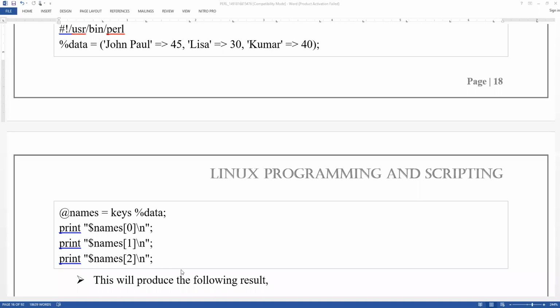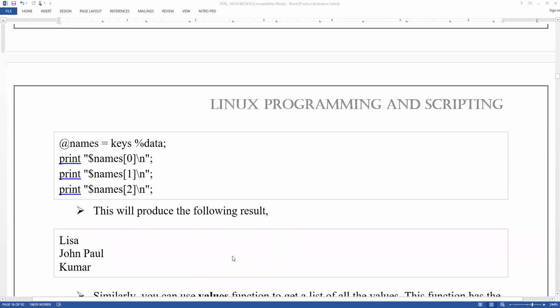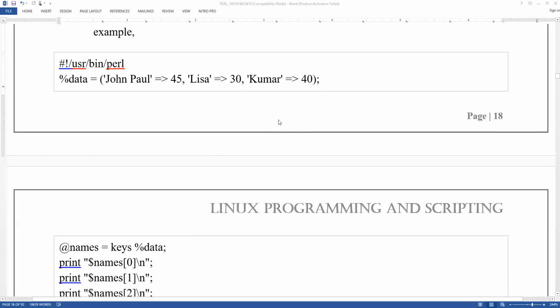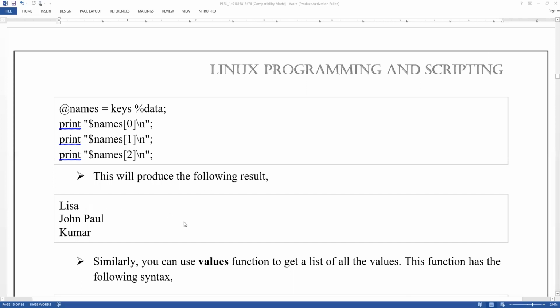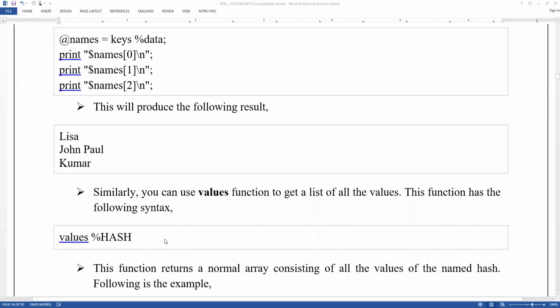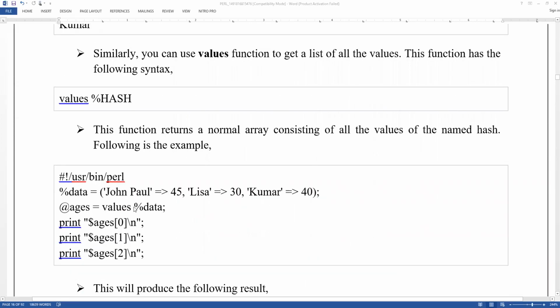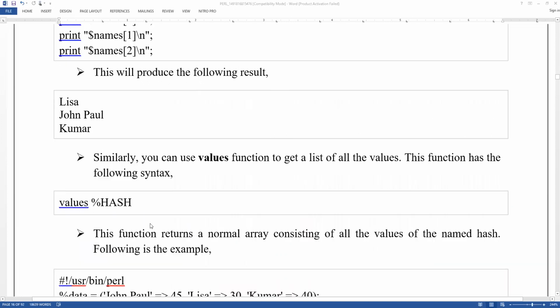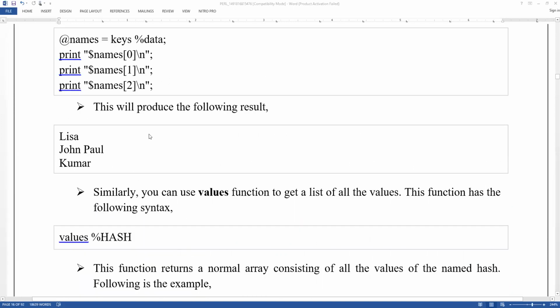The names are John Paul and Lisa. Yeah, correct. Okay, perfect. So we are collecting data, we are getting the key values. In this array, the keys are nothing but names, so that's why you are getting names here. Similarly for the values, the same program you can write. There is no change here.